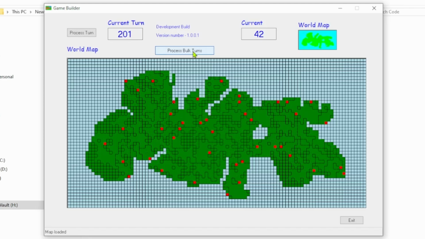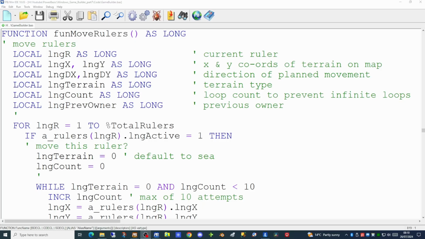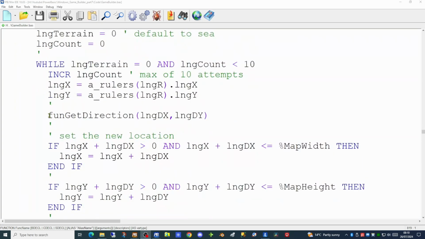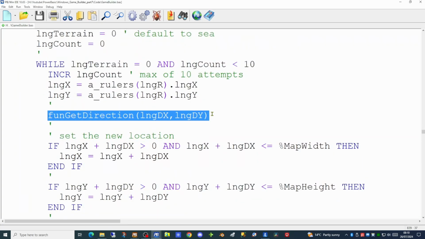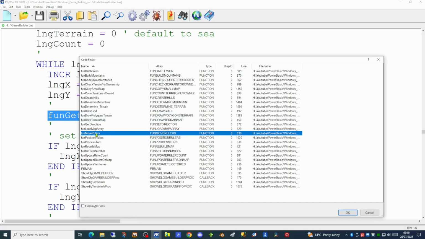So in order to fix this bug or feature, let's have a look at the code. So here we have the main move rulers function. This function runs in a for next loop for each ruler, each character within the application, to determine what they're going to do in the way of movement. Within this for next loop, there is a single function called getDirection. This is to determine the delta x and delta y, which direction the player is actually going to be moving. If we have a look at the getDirection function,